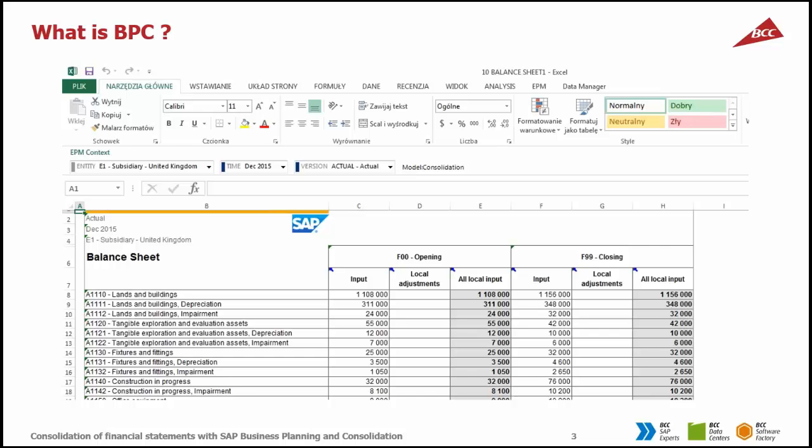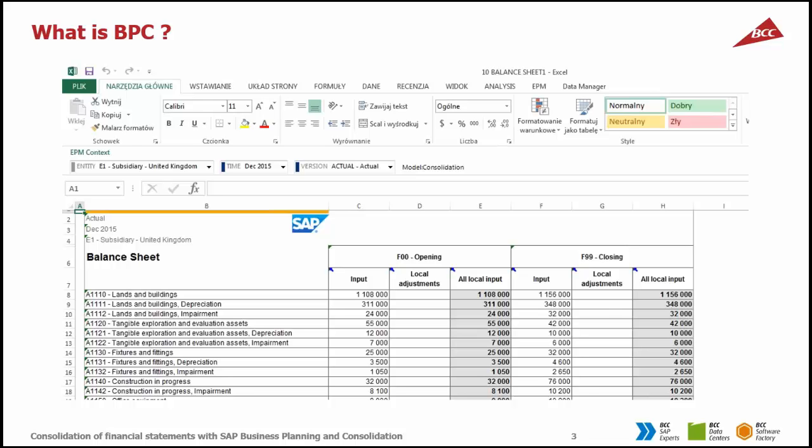You can see this is EPM and Data Manager. EPM is rather for strictly reporting. Data Manager is for data inputs or some master data changes, because these changes can be also done by end user, not by IT.